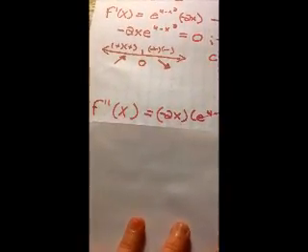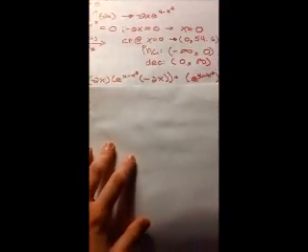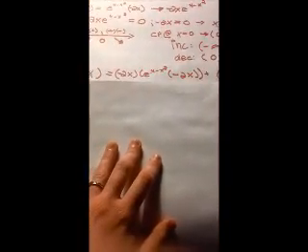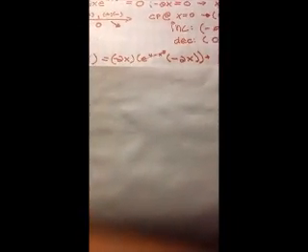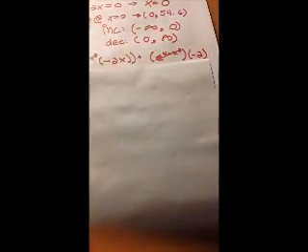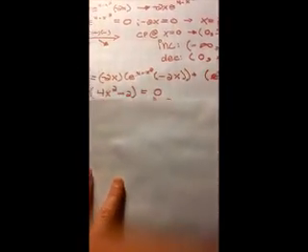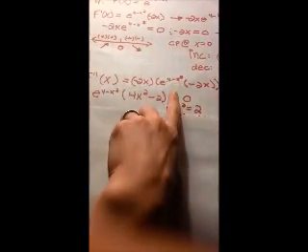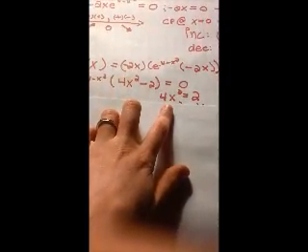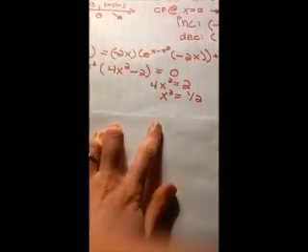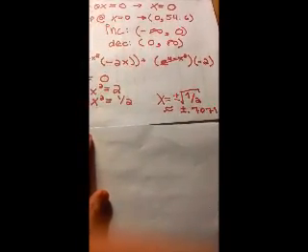And next I found the second derivative to find where it's concave up, concave down. And this is a really long second derivative: negative 2x e to the 4 minus x squared times negative 2x, plus e to the 4 minus x squared times negative 2. So I simplified that. I took out e to the 4 minus x squared, and that left me with 4x squared minus 2, which equals 0, because I want to find where it's concave. And so that gave me 4x squared equals 2, x squared equals 1/2, and x equals plus or minus